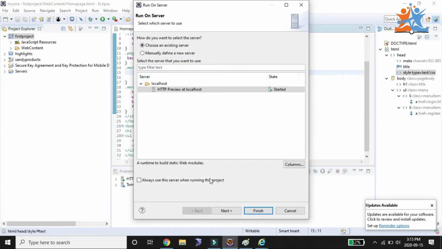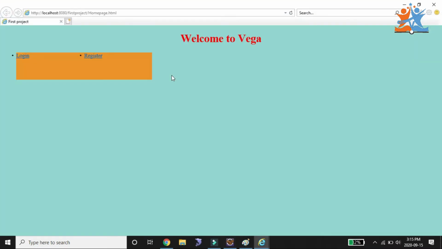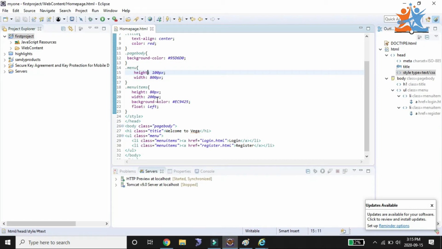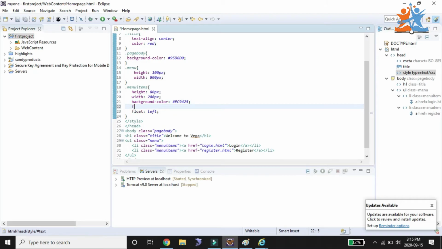Run your page, finish. So it will be side by side now, but both are mixing. They look like they are mixing. So for that we are giving a small space in between. For that, margin left: from the left we are giving a margin left of 20 pixels, or otherwise we can go with 40 pixels, not a problem. You can see how it will be represented.